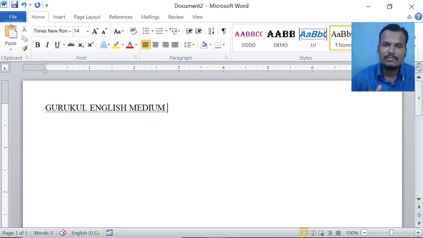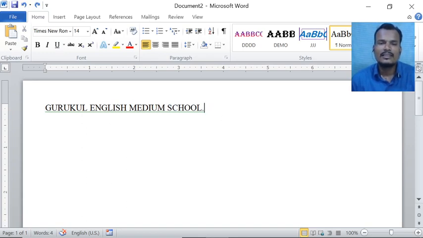But if unfortunately we have deleted a large paragraph, and after that we want the text again, then if you type it again, it takes a lot of time. In that situation we have to go for undo. Here I have deleted the text. If I want the text again, just click on this undo option which is on the quick access toolbar. See here, just click undo.